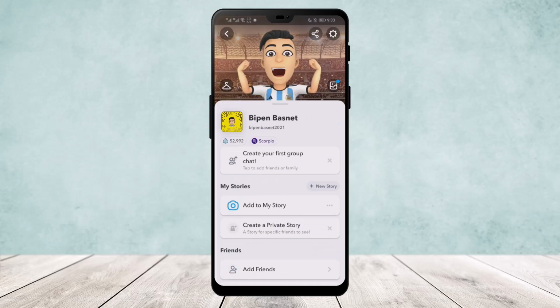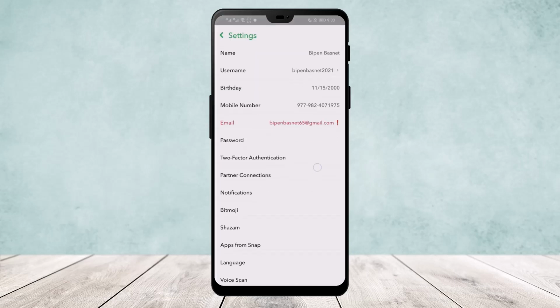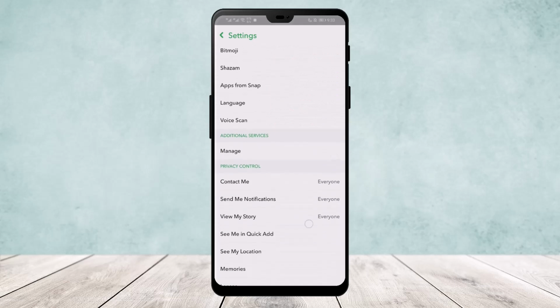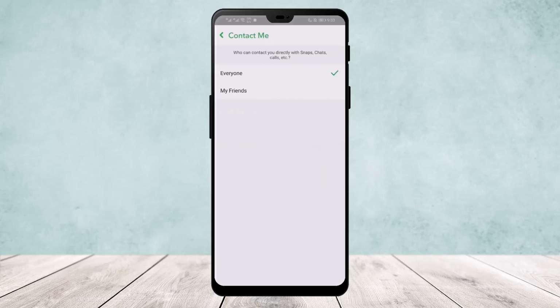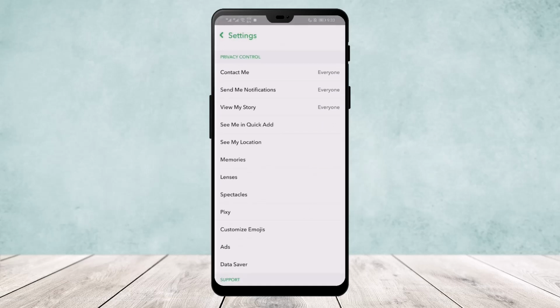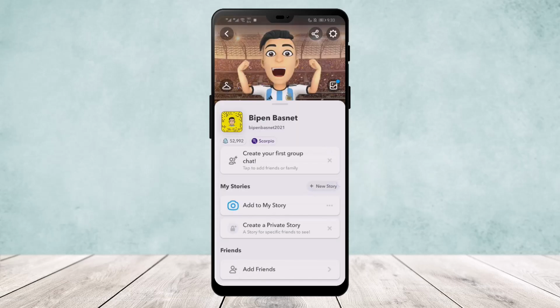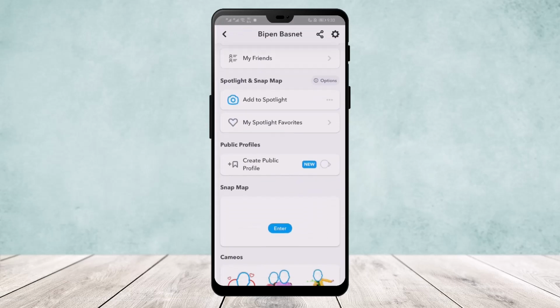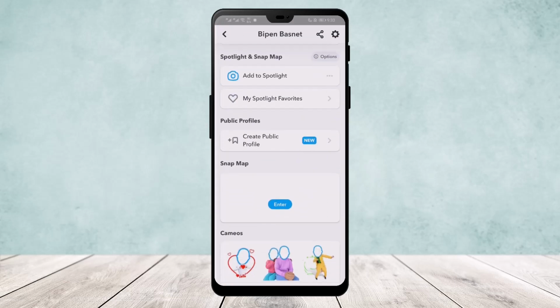Now first, what you want to do is head over to settings by tapping on the settings icon that you can find on the top right of your screen, and if you scroll down below under privacy control, make sure this contact me is set to everyone and the send notifications and view my story. Now once this three is turned on, go ahead to your profile and here tap on create public